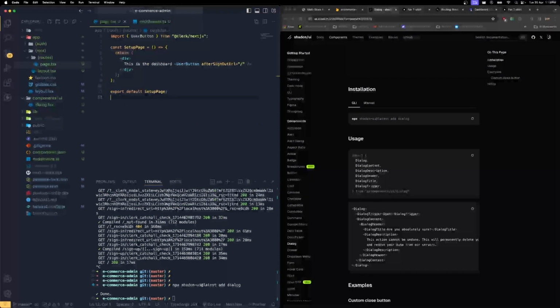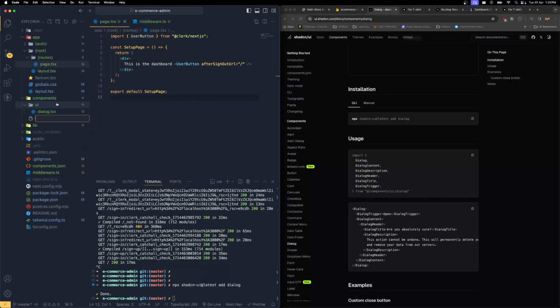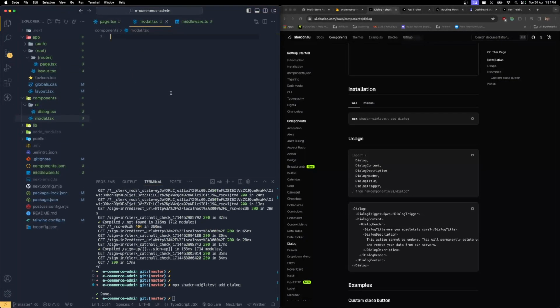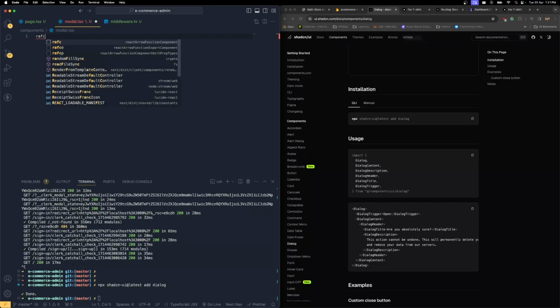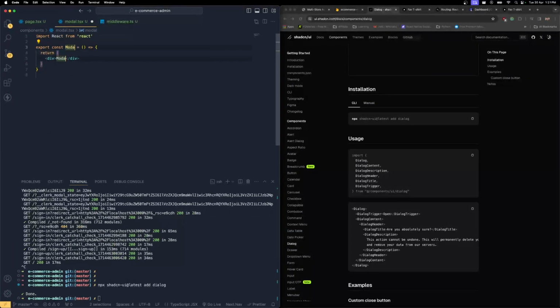In order to do that, first I have to create a new file. So I'm going to create a new component over here inside this components folder. Let's create a new file called modal.tsx. Inside this modal.tsx, we are going to export a component. Let's say RAFC, React Arrow Functional Component, and I'm going to name that component Modal,